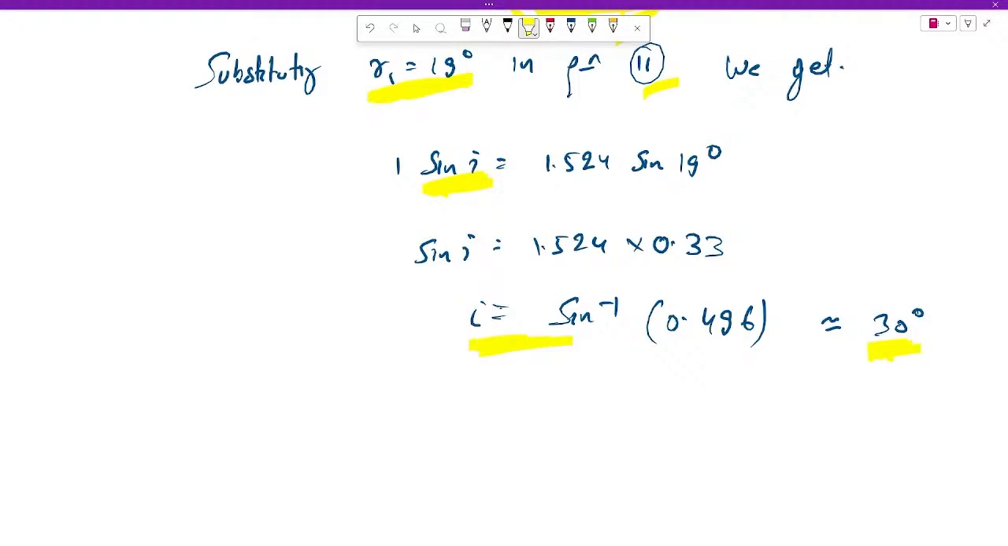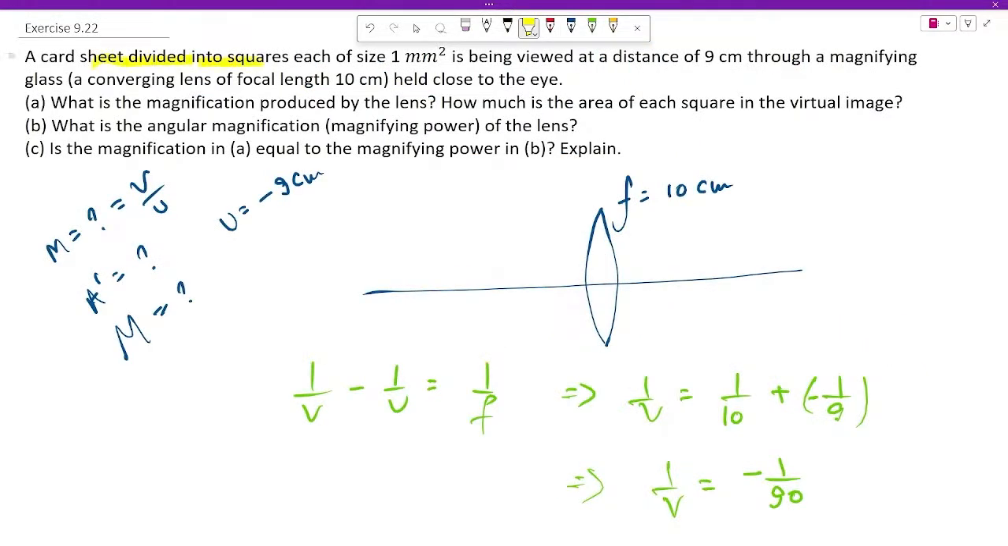of the prism. The question says that a card sheet divided into squares, each of size 1 millimeter square, is being viewed at a distance of 9 centimeter through a magnifying glass, a converging lens of focal length 10 centimeter held close to the eye. Now what is the magnification produced by the lens, and how much is the area of each square of the